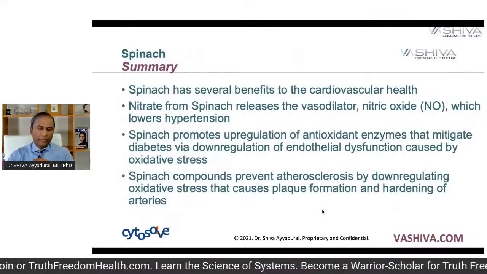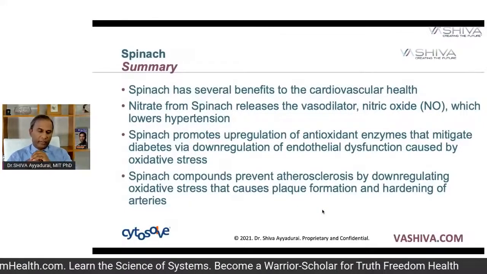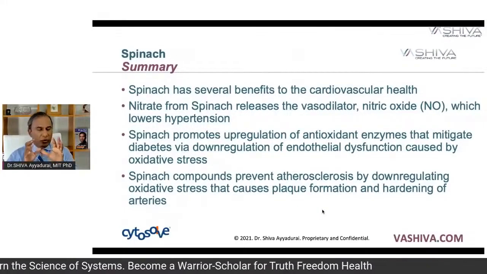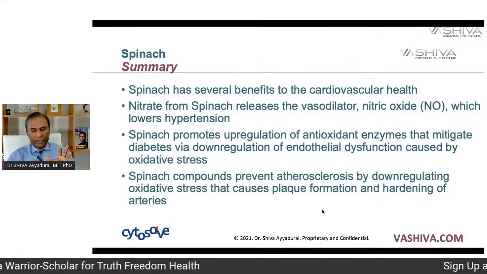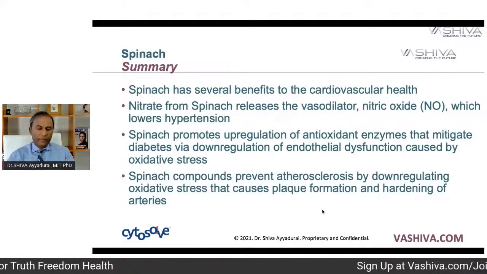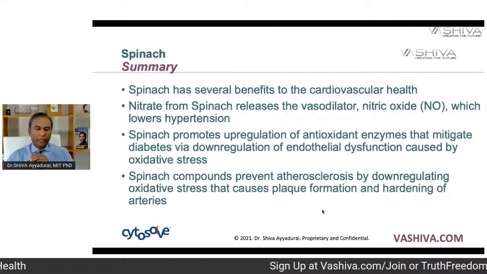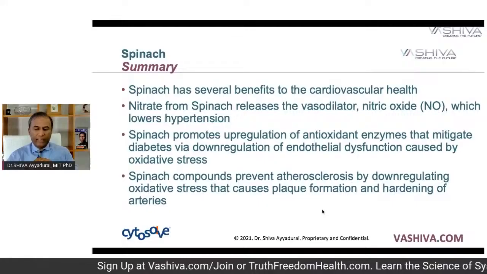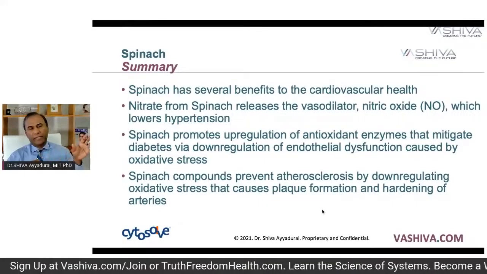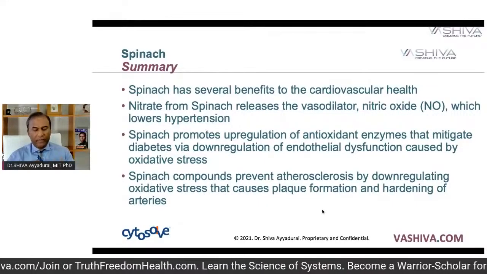So in summary, spinach has several benefits to cardiovascular health. The nitrate in the spinach, remember, releases a vasodilator, nitric oxide, which lowers hypertension. That's number one. Number two, spinach promotes upregulation of antioxidant enzymes that mitigate diabetes via the downregulation of endothelial dysfunction